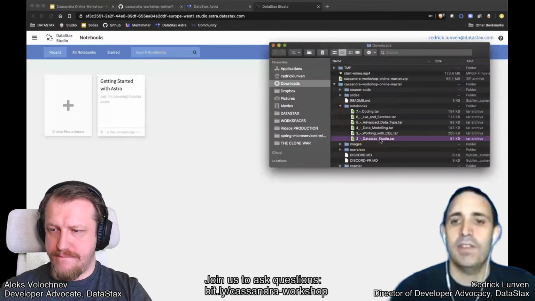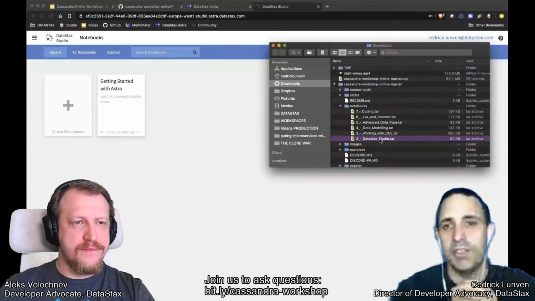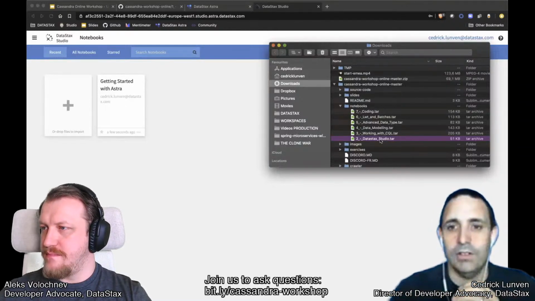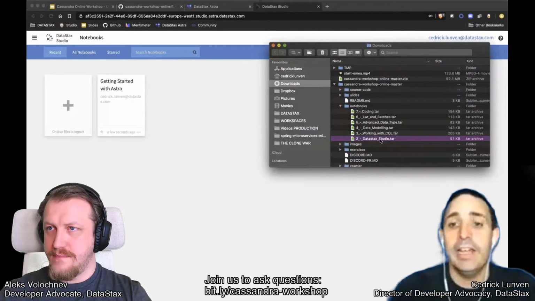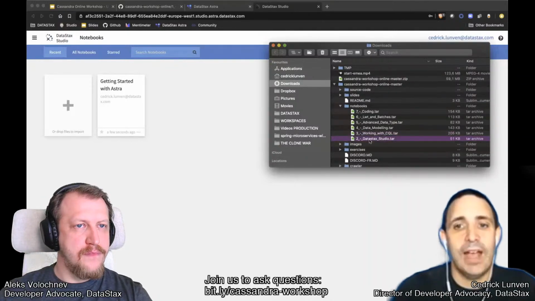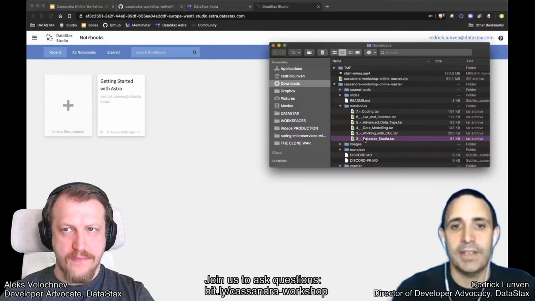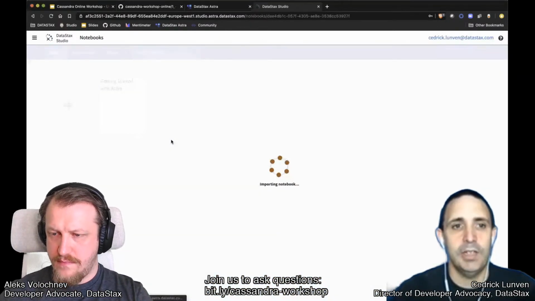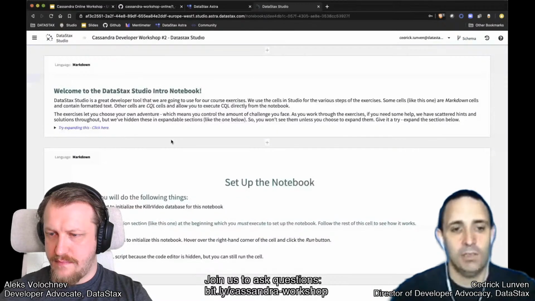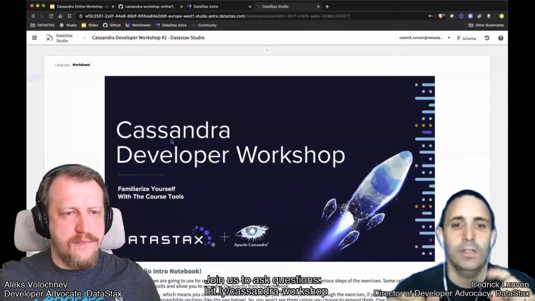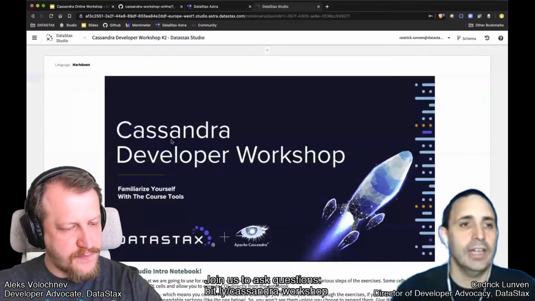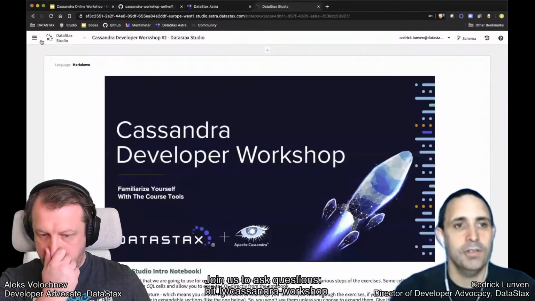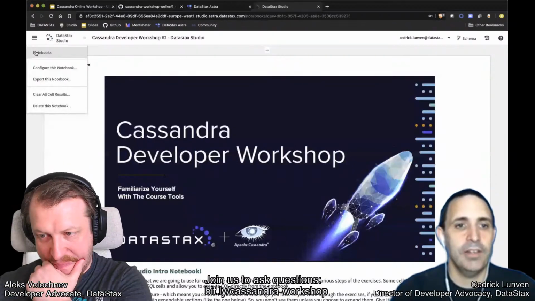This is also the reason why I ask you to download the zip or git clone the repo at the beginning of the workshop. It's easier like that, and you can import one file at a time. So here I will do DataStax Studio like that, drag and drop, and here it is. My notebook has been imported. To go back to the home page, I can click on the main menu in the top left corner, see notebooks, and see that my notebook is now there.